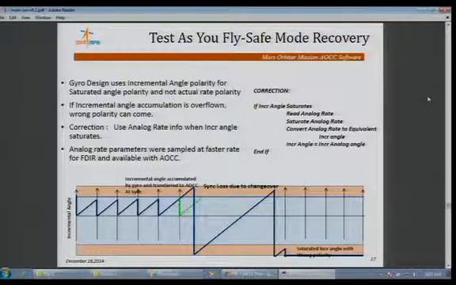This gave a lot of input, on which we had to take corrective action. This was carried out at the hardware-in-loop simulation phase, where fortunately we had provided an interface for taking the analog rate information for FDIR purposes. So we introduced an algorithm to switch to the analog rate whenever there is a saturation in the incremental angle rate. This really would have saved the mission, and it was very important because as we fly, we wanted to test, and this revealed a very important requirement.